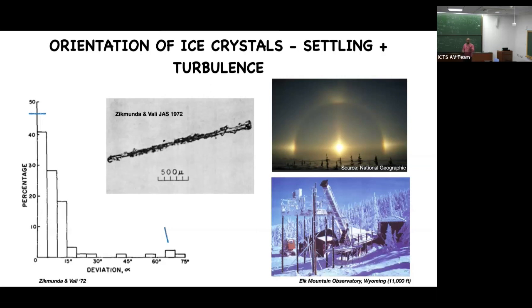If you were to find out how many of these crystals are horizontal and how many are vertical or oblique, they were able to actually get this kind of data. So the ones which are at a deviation of 0 are the horizontal ones. And you see most of them are horizontal, but then there is a tail. And these questions are interesting in terms of understanding the orientation distribution of an isotropic particle that is falling